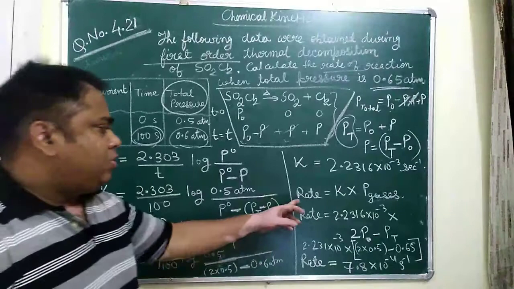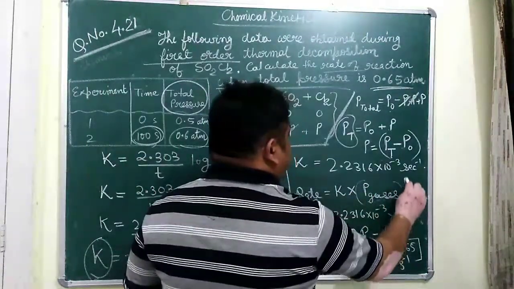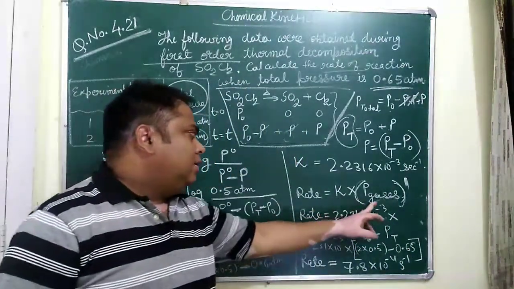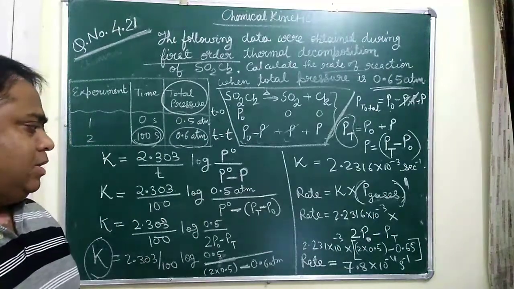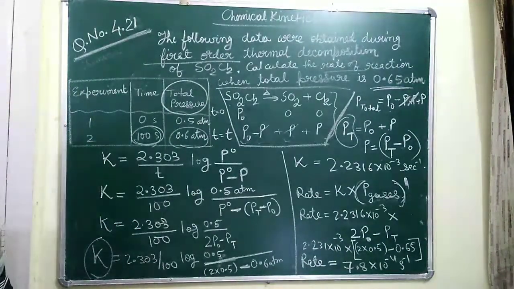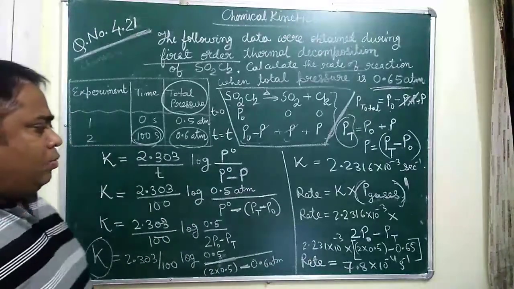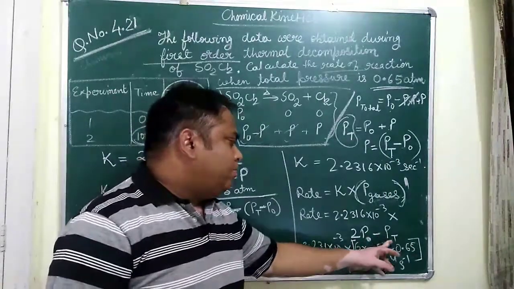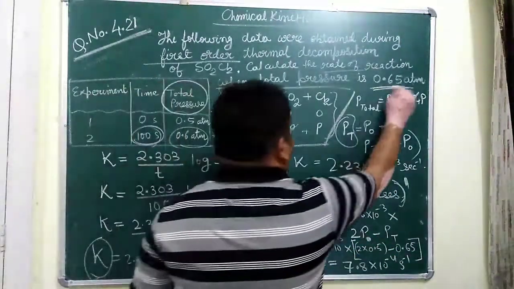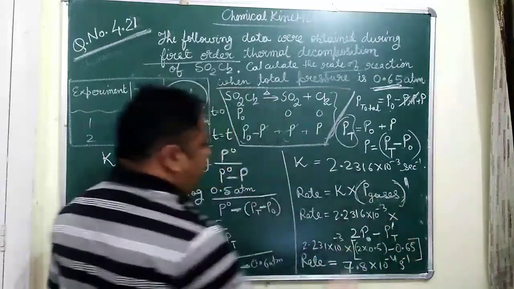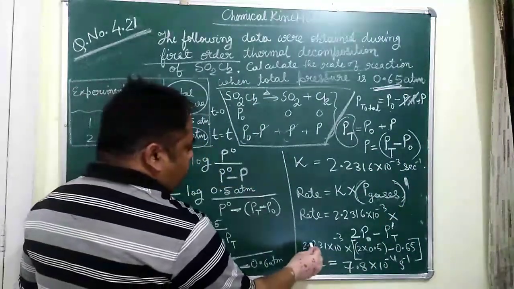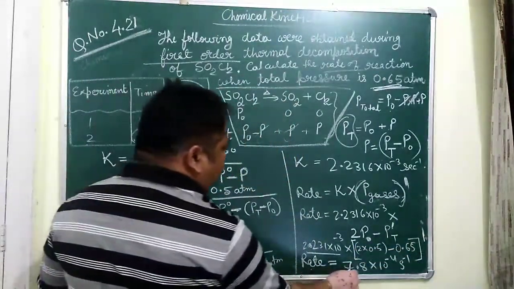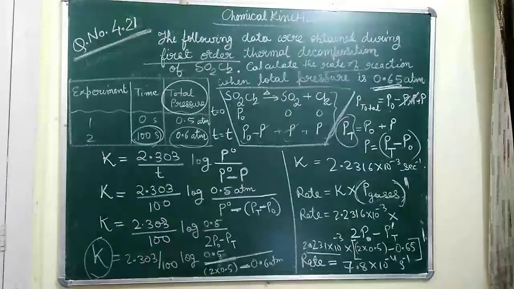After that, since it is a first order reaction, the rate will be equal to K and the available pressure after some reaction takes place, that means P0 minus P. What will be the value? The value will be 2P0 minus P total. Now here P total is again given differently, so let it be P total dash. K we had found out, multiplied by this much to the power 1, which has no importance now. So the rate is equal to this much. You have to keep this in mind.